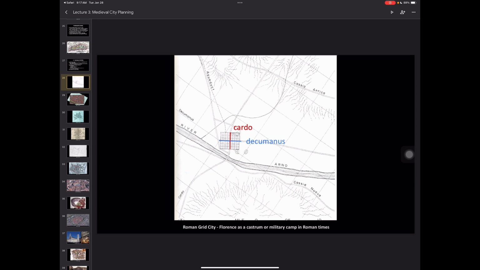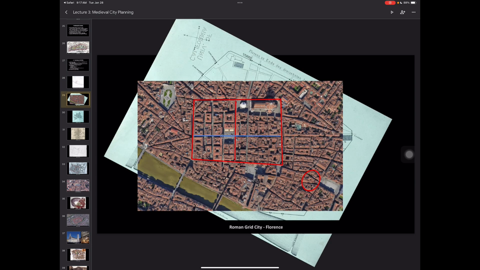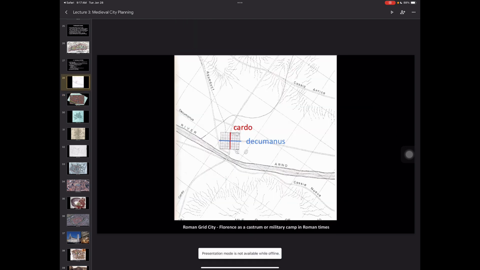So this is the grid of Florence. Florence did begin as a military camp during Roman times, which is why in the center it looks like this. And I did show you this on our first day of class, right? I broke it down for you and I showed you these rings of expansion. So now you understand why Florence's grid is a square, right? It does have an authority that oversaw this, which was the Roman Empire. That's why it looks that way.